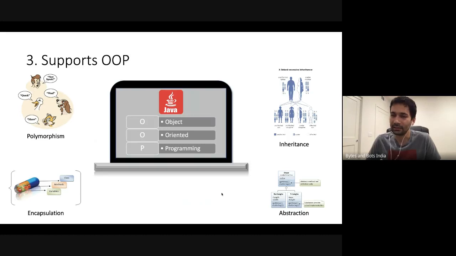Maybe eye color, skin tone, hair. We just get it from our parents and grandparents. Similarly, in programming, when we write programs, we don't want to write everything over and over again. We can just inherit some of those functionalities from some other class. So that's inheritance.